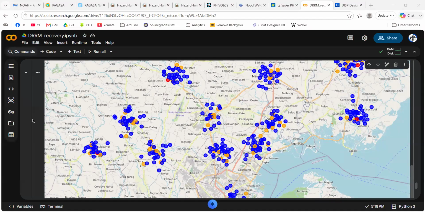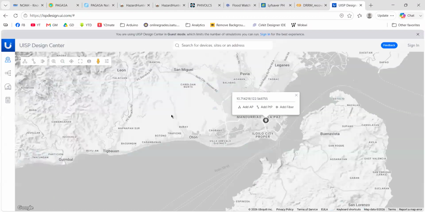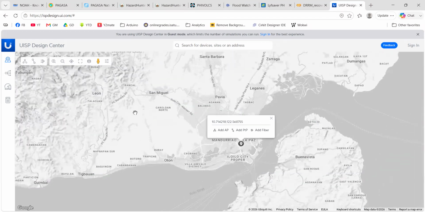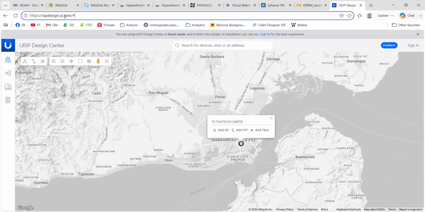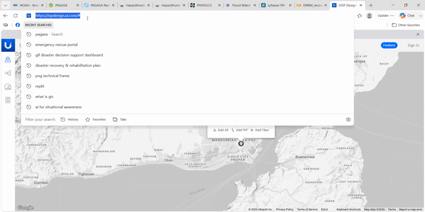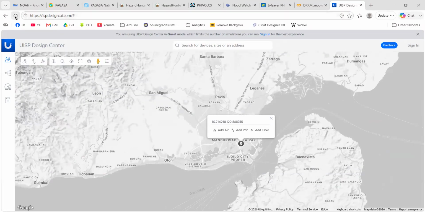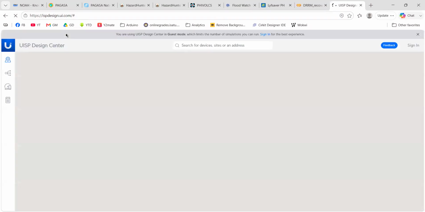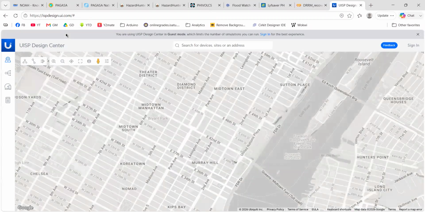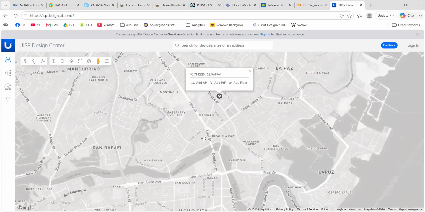Right. So, in addition to that, for example, in my case, I'm an electronics engineer, so one of the ways that I can help if I were to participate in disaster recovery and rehabilitation, I can make use of what I know to restore the communication facilities, the telecommunication facilities in the affected area, especially in the case of remote areas.